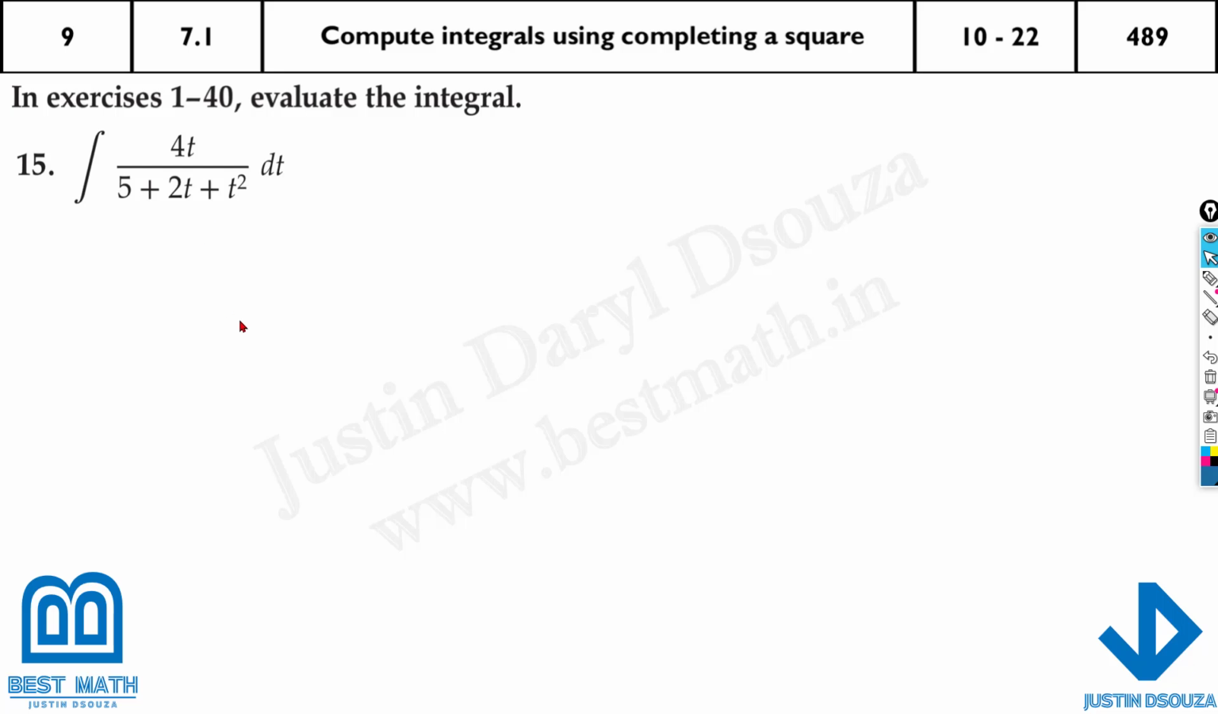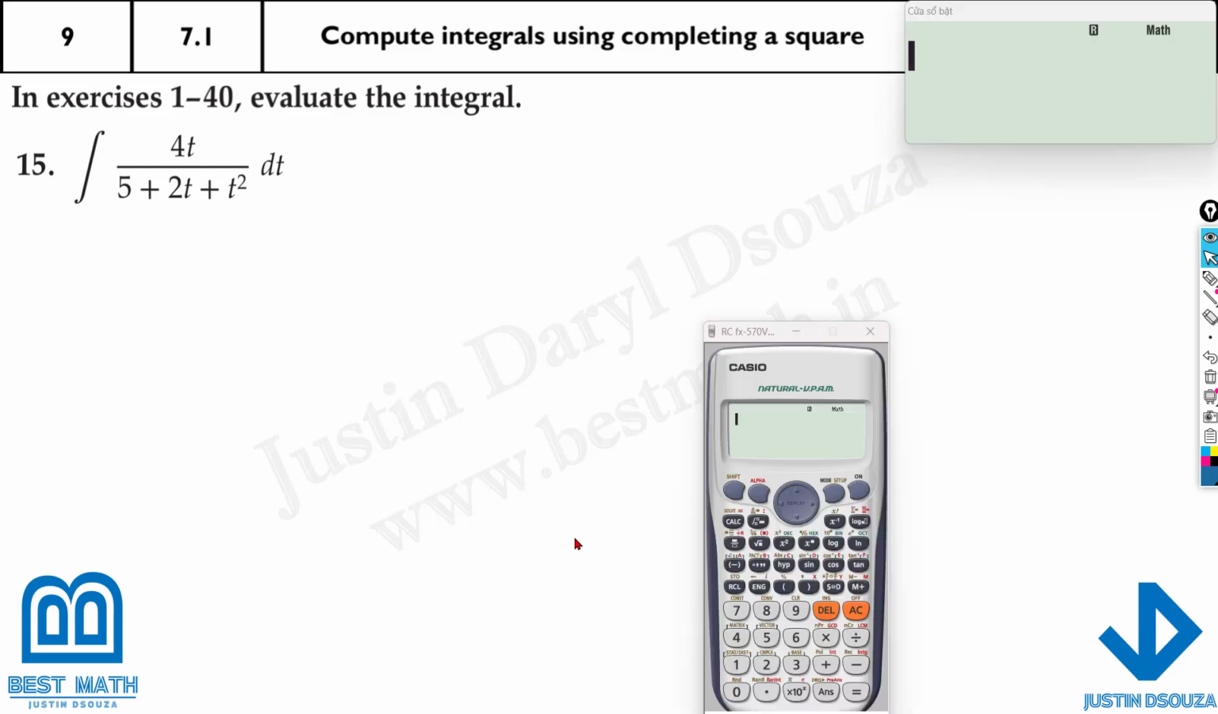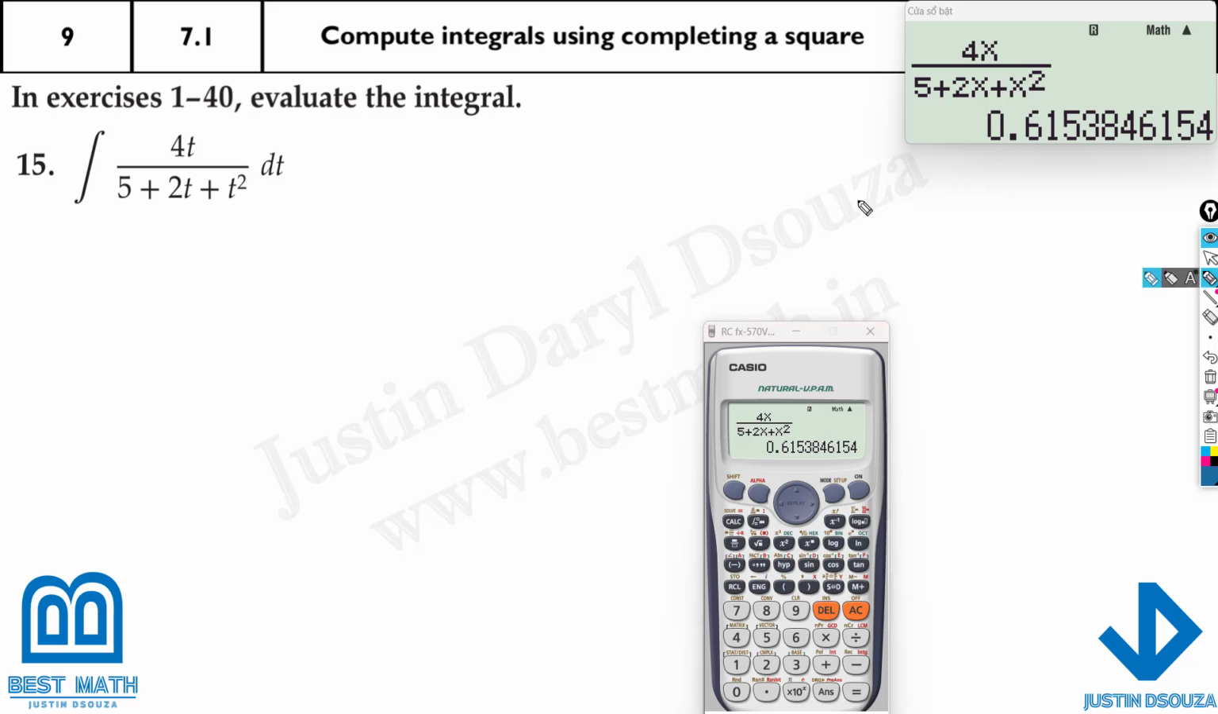Here as well, we solve it the same way. Let's use a calculator. All you have to do is put in this function, that is 4t is given as x divided by 5 plus 2x plus x squared. Now calculate this at 2. You're getting 8 by 13 or 0.615. It's better to write this out. At x equal to 2, you're getting a value of